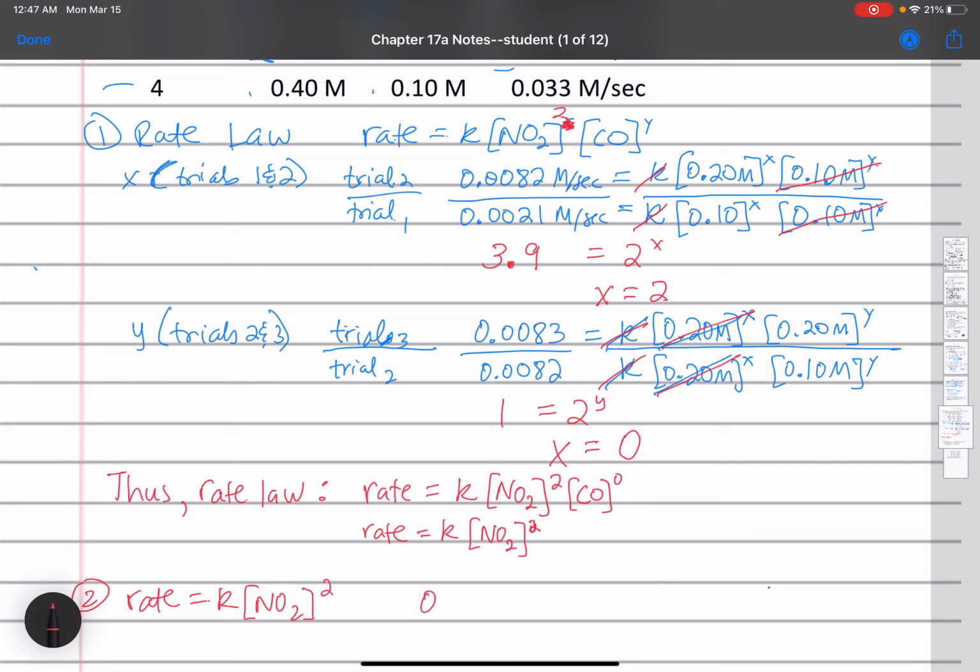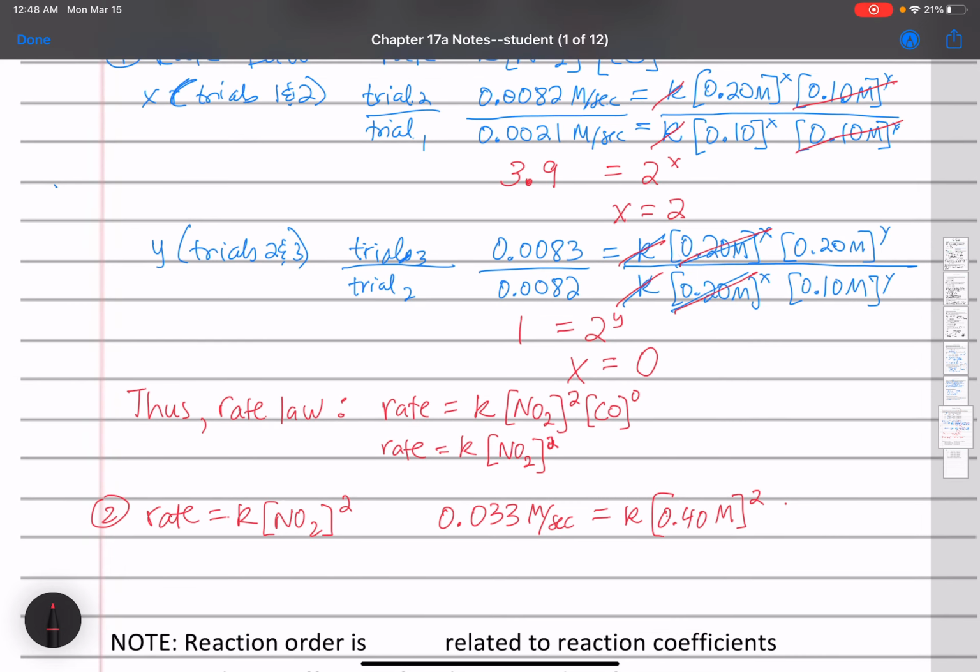So the rate of trial 4 is 0.033 molarity per second equals K times the concentration of NO2, and that trial was 0.40 molar squared. We don't care about the concentration of carbon monoxide because it's 0 order with respect to carbon monoxide. The concentration of carbon monoxide does not matter. Okay, so now we solve for K,